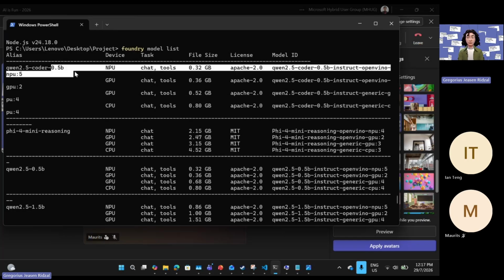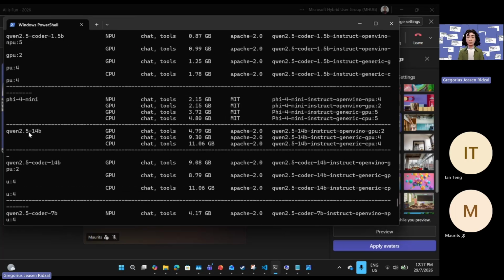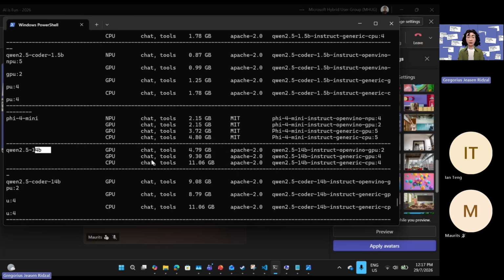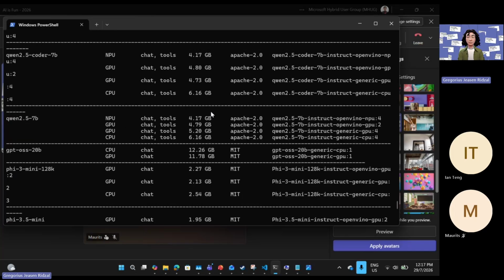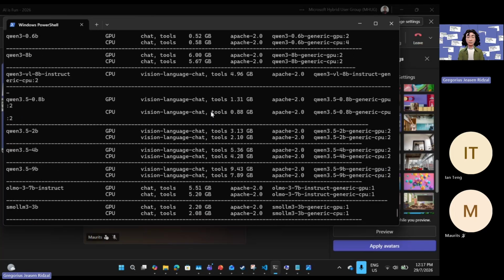There's 500 million parameters, and some down here with 14 billion parameters. But you can see that the size difference is very massive. This one on the CPU models is 11 gigs, but the 500 million CPU model is just a little under 1 gig. So very, very different in that sense.